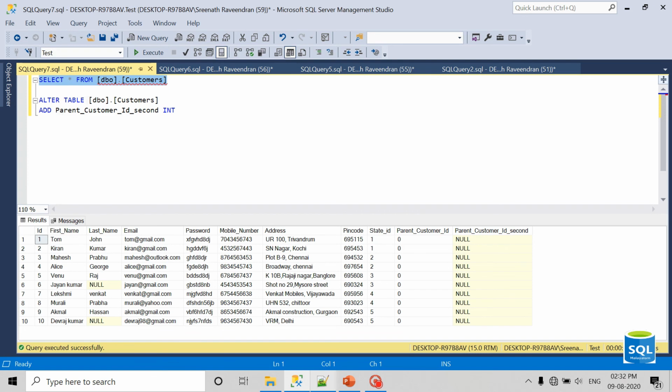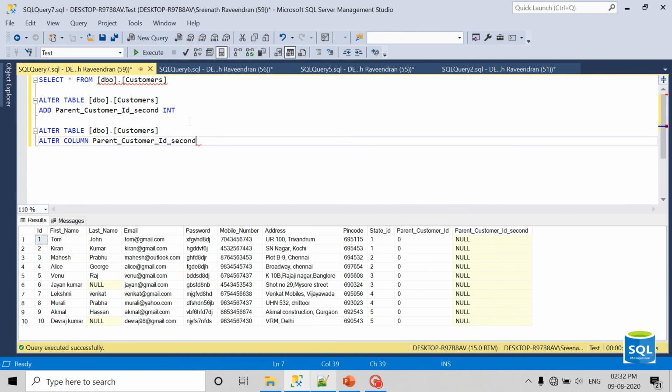If I want to modify a column, then I can specify alter statement, alter table, then alter column parent customer ID.